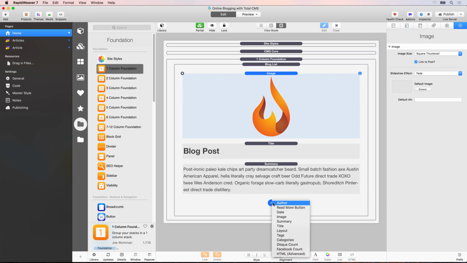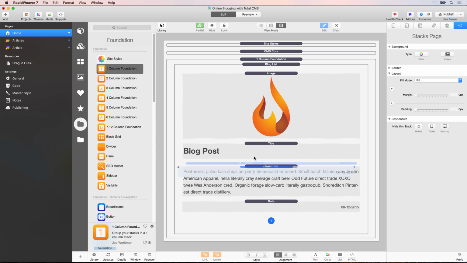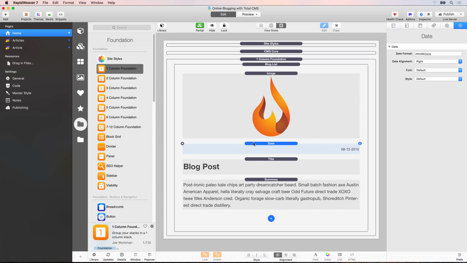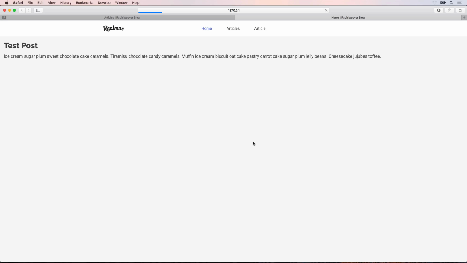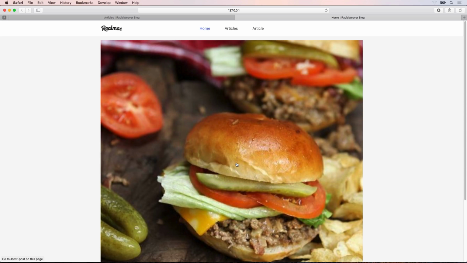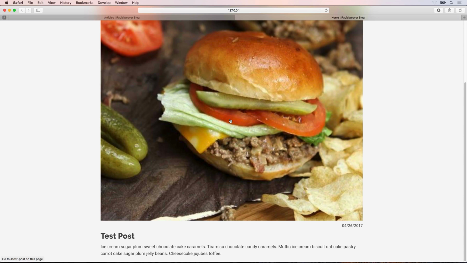And we're also going to add the date, like so. Let's go back to Safari and preview that. And there you can see you get one of the blog images. You get the date below there, title and summary. Now obviously we've only created one post so far, so we're only going to get one post when we